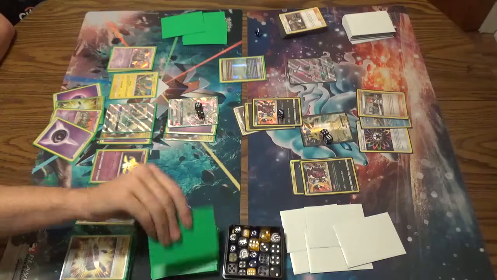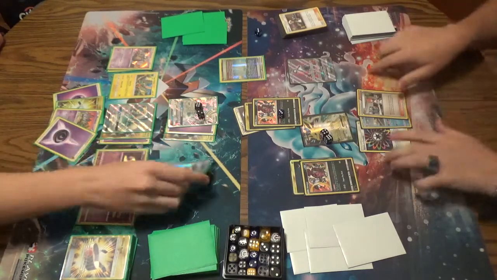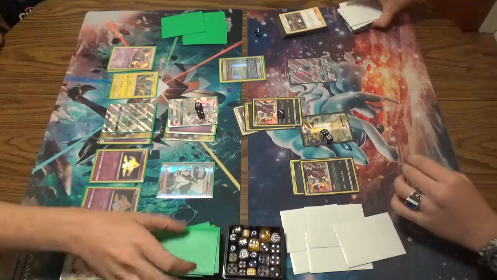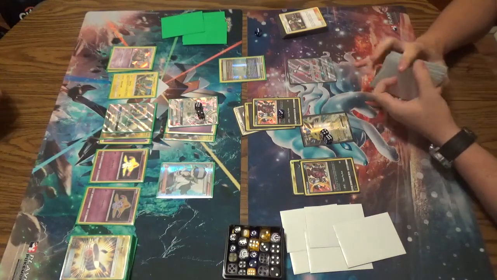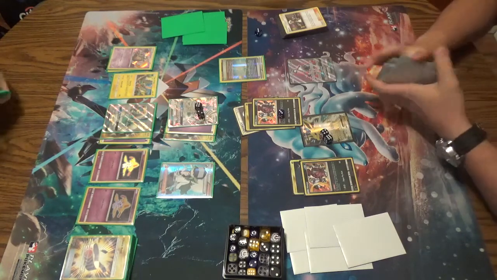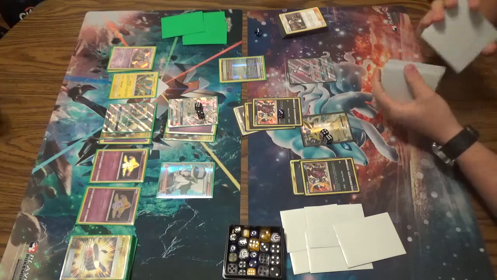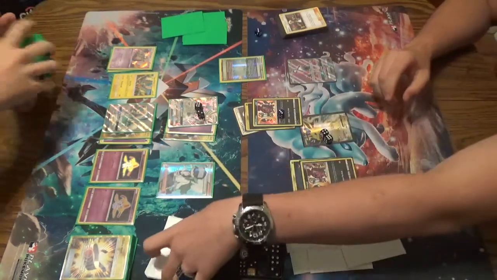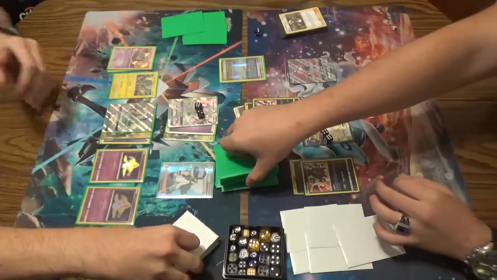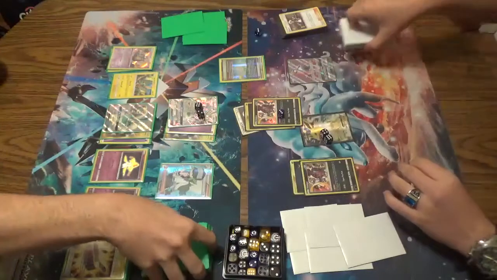And we draw for turn. We get an N. We play an N, because we really need to get to the point where we're able to do something to the Hoopa. If not, there are big issues, because unfortunately we do have 2 Jirachi down. I mean, Jirachi still does have its place in this matchup, but